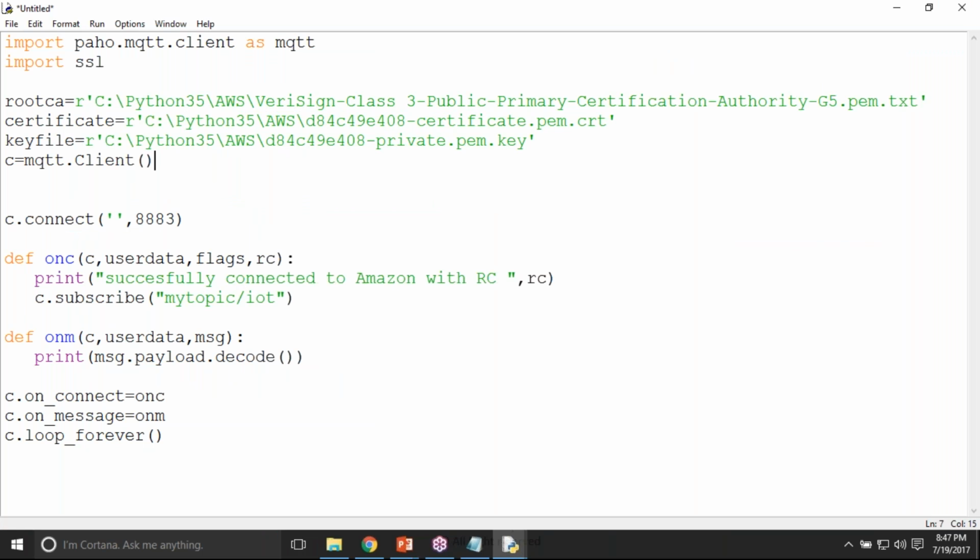So here, before connecting, you have to do this before the client is connected to the broker. Use c.tls_set, and the first part we're going to provide is the root CA. So you're going to write root CA, comma,